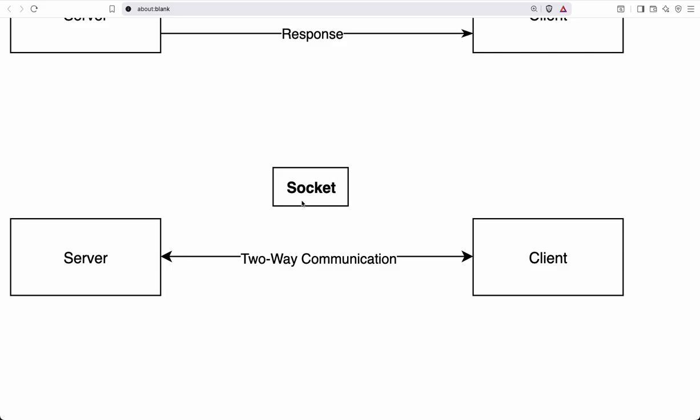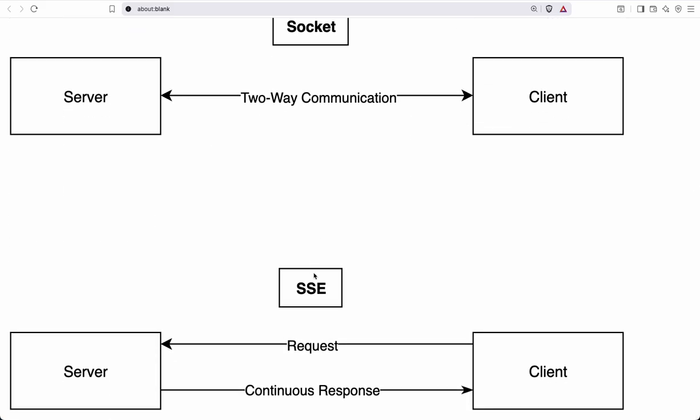So what if I don't want any information from the client, and I just want to keep sending information to the client? Like as a server, I want to keep sending notifications or updates. At that point, I have SSE, Server-Sent Events. The client first requests some data, and as a response, I continuously send the information. This can be used in places like a live scorecard update, stock market updates, or some monitor where you want the server to continuously send you updates.